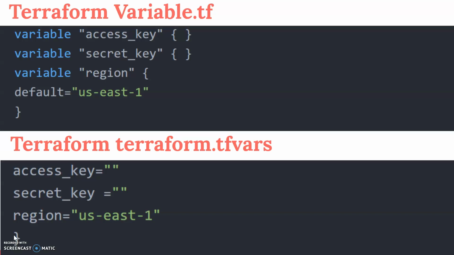So by default, if I am not giving any region value in tf_vars, the default will be taken as US East 1. But the access key and secret key we have to pass from the tf_vars. The tf_vars will not be directly exposed in the code, because we will keep it in the git ignore file. The git ignore file will not commit the terraform.tfvars, because tfvars is kept as the secrets for Terraform. So we will see in the next session how to use this; the complete variable reference and tf_vars we will understand completely in the next demo section.